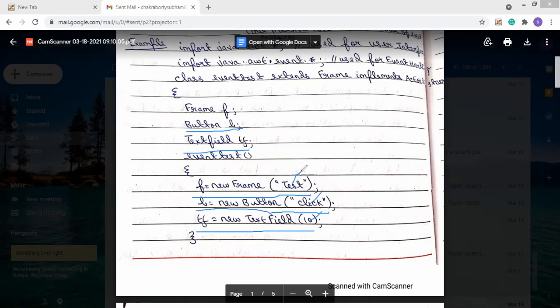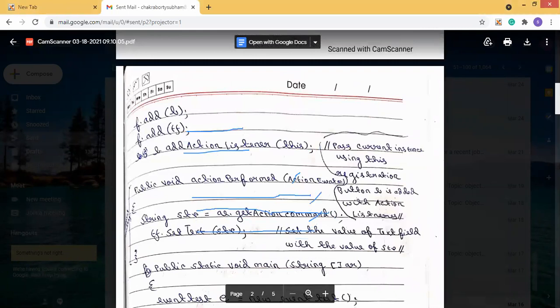So now in our program there will be a frame, a button, and a text field. We have created the objects of these classes. Clear? Now after creating the button and the text field, we have to put them into the frame.